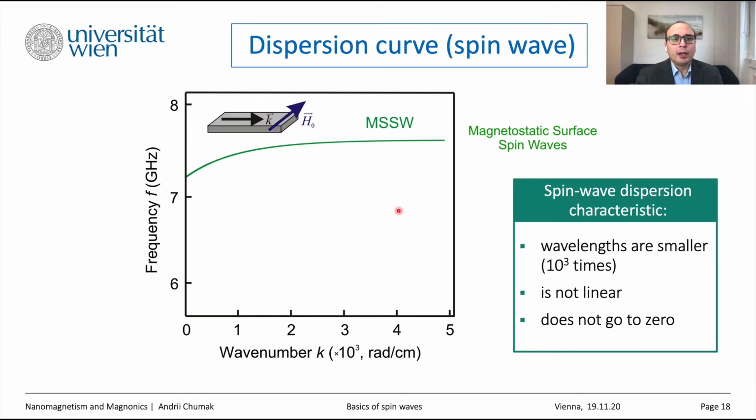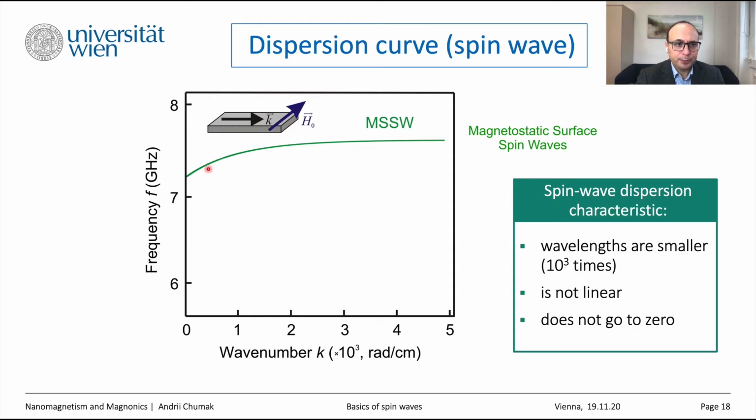In this case, you will get the so-called dispersion relation of the so-called magnetostatic surface spin wave. There is a family of spin waves, and it is good to know all these names. But what is important for us now is that we compare this dispersion with the one shown for the previous